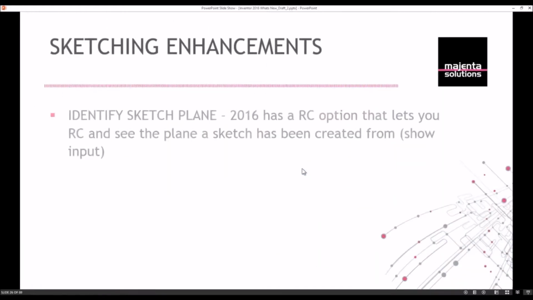list. We also have the ability to identify a sketch plane in 2016. So there is a right click option that enables you to select a sketch, right click, and it's actually called Show Input. And what Show Input will do is it will then highlight to you the plane or the surface that was selected for you to be able to create that particular sketch. So this is a really useful technique just to help you understand the way that a model's been created and what might happen if you're changing and editing a model, or understand why something is happening when you're